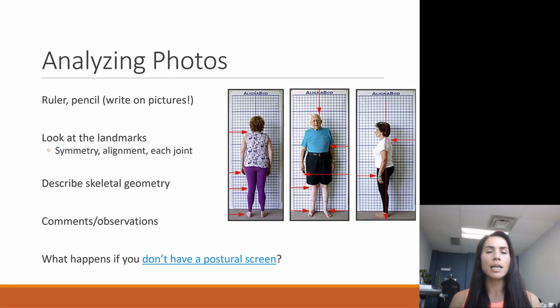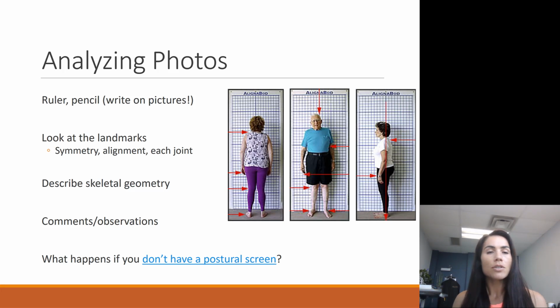which is the Alinabod. And these are 3 photos that show you the photos that you will be taking to utilize the Alinabod. As you can see, there are 3 different types of photos. You're going to take one that looks at the back of the person, one that looks at the front of the person, and then you're also going to be taking someone from the sagittal plane. And when you do this, and we're going to go over the step-by-steps in just a moment, you want to make sure that you set it up so that you get a nice photo so that when you go to analyze that and actually draw some lines,